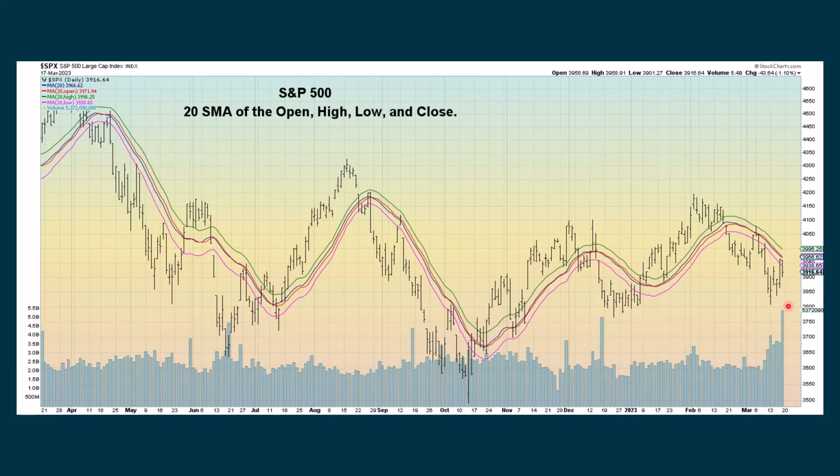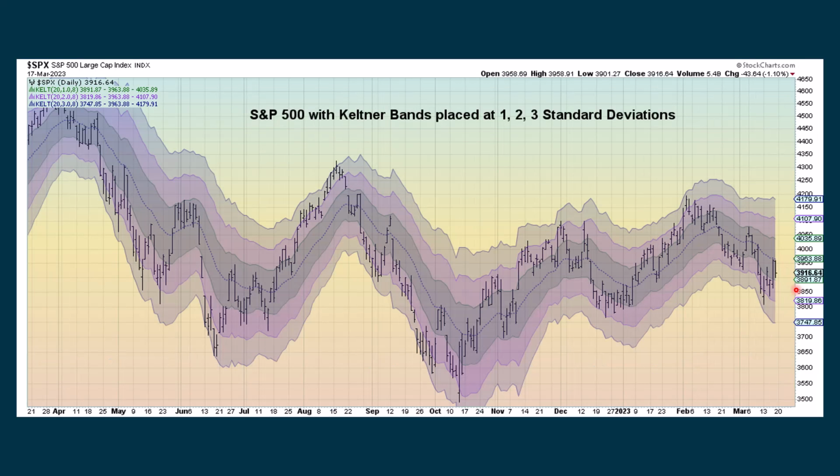Then this is a 20-period moving average of the open, high, low, and close. Sometimes when we're going down, we can come back up, and one of these lines may act as resistance. And then this is 1, 2, and 3 standard deviations above and below 0. After getting down to a -3 standard deviation, we came back up right about to the midpoint before starting to